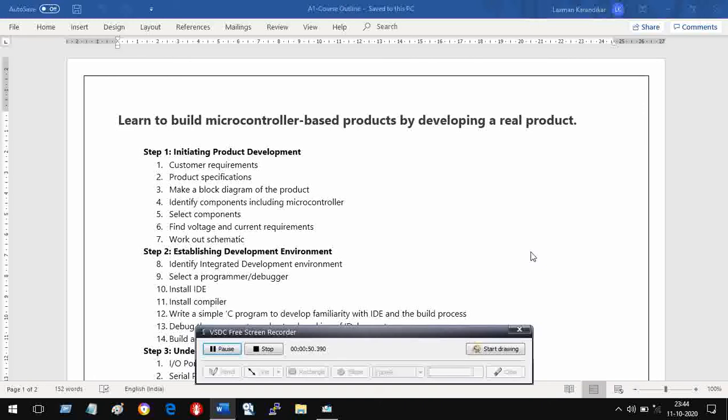You want to compile that program, you want to debug it, and you want to burn it into a microcontroller, that is, program a microcontroller. So all these things are involved in a single application, and therefore it's called an integrated development environment. So let us go and have a look at the IDE.